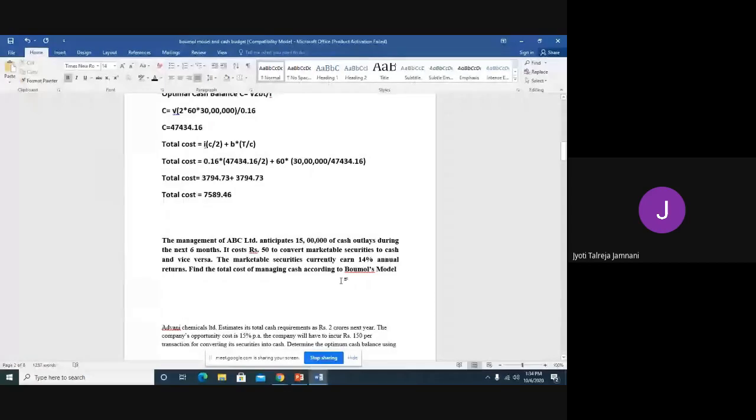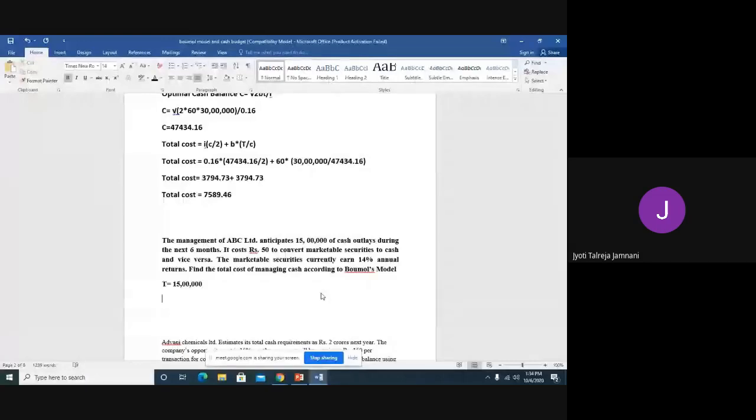So first we have to write down what all is given. The management of ABC Limited anticipates 15 lakh of cash outlays. Cash outlays is nothing but cash requirement. So what is this 15 lakh? The value of T. Then this is for the next 6 months. So we'll keep this in mind that the value is for 6 months. Next, it costs rupees 50 to convert marketable securities to cash and vice versa. What is this 50 rupees? B. So B is equal to